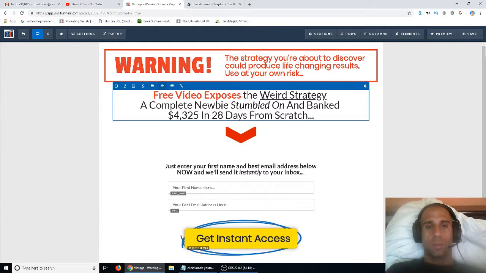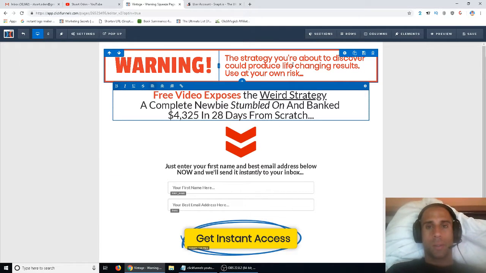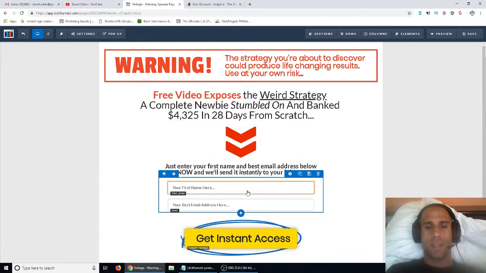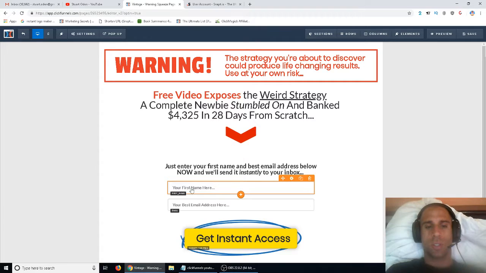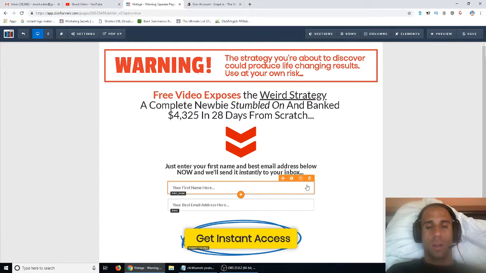Like, first of all, this isn't capitalized. This is half underlined. What else? Yeah, all of this stuff basically. Actually, that's really it. And then also on opt-in pages, generally it's a good idea to remove this form that asks for the name, unless you're looking for actual leads, like name, phone number, email, zip code, for example. Let's say you're doing real estate, but let's say you're not. We'll just delete this,